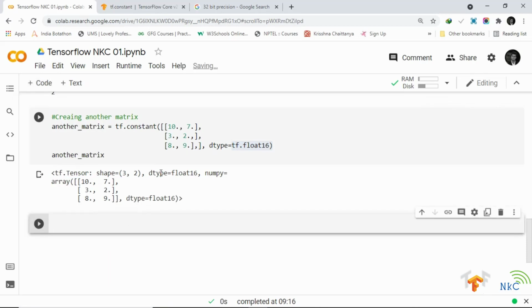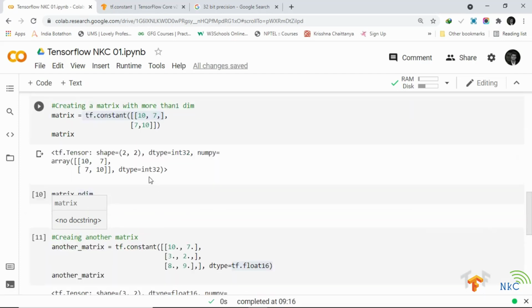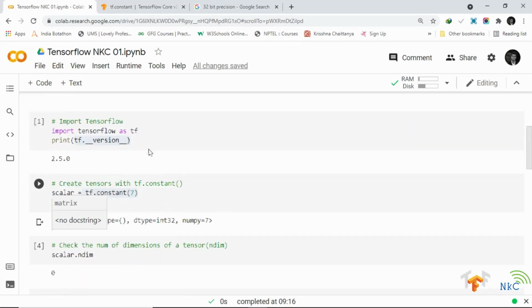So what do you think the number of dimensions of this matrix is? If we come back up here, what was the number of dimensions of our matrix, our vector and our scalar? We have just created another matrix. What do you think the output would be?